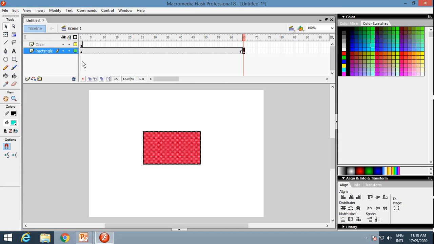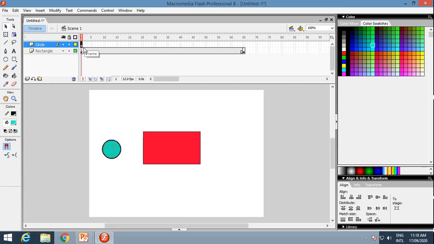This rectangle will be up to 65th frame. Means it will be on the first frame and up to 65th that rectangle is present. Now I will go to the second layer. On the second layer, this is the first frame. We can say that this red portion is the playhead.